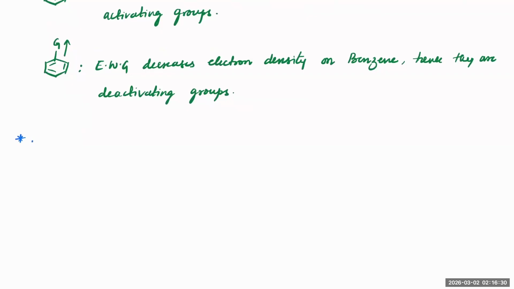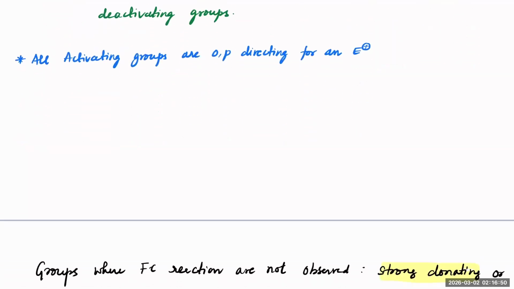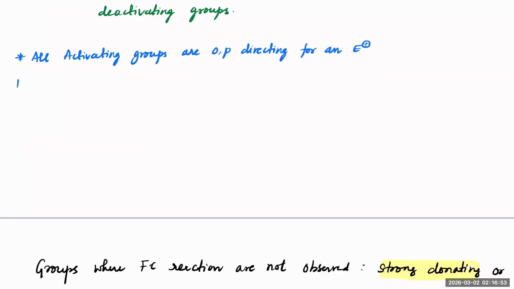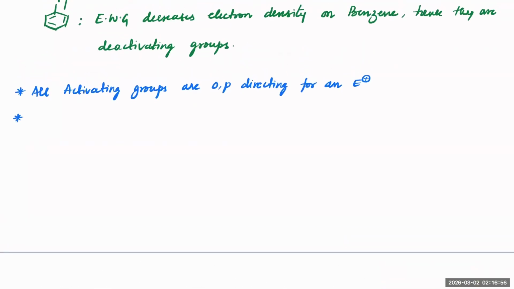So all activating groups are OP directing for an electrophile. If an electrophile is being pushed, it will only favor ortho-para directing. Next, clear? All deactivating groups are not only meta-directing groups,